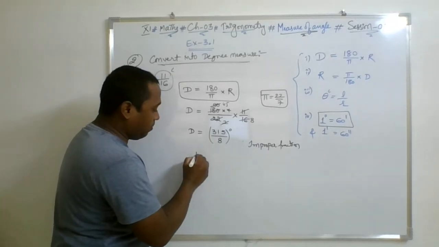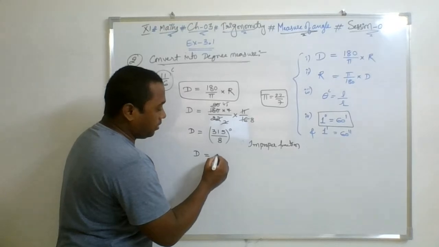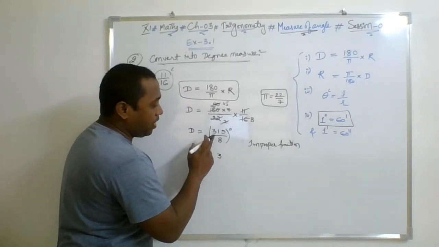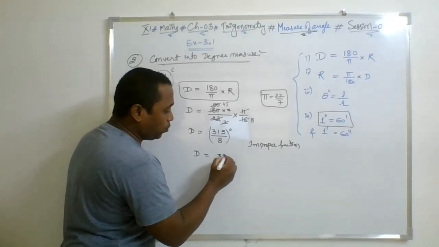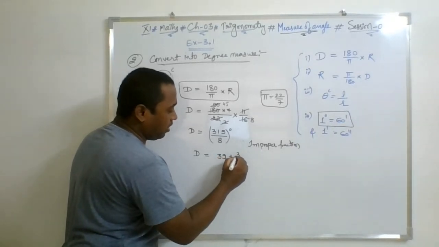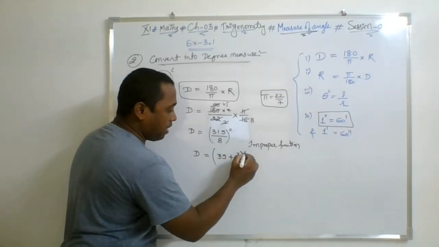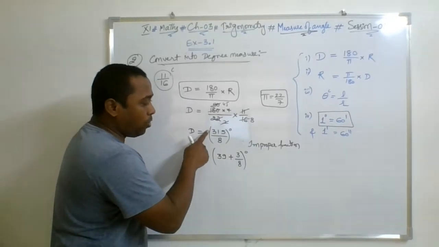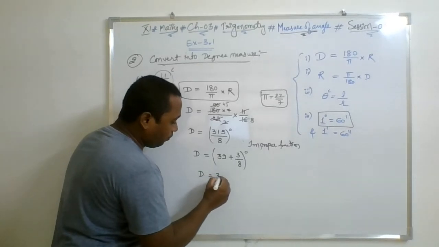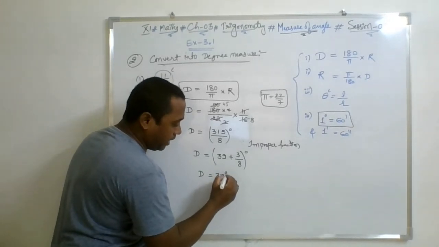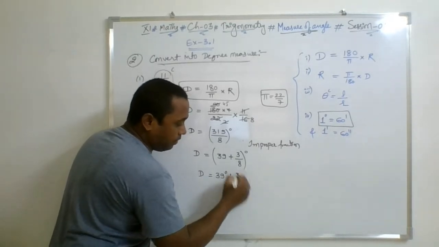Divide by 8 and convert into a mixed fraction. So 8 3s are 24 and we are left with 7, 75. 8 9s are 72 and they are left with 3 as a remainder divided by 8. So this is what I have expressed first, the improper fraction as a mixed fraction, and then we'll go like 39 degree plus 3 by 8 degree, right?